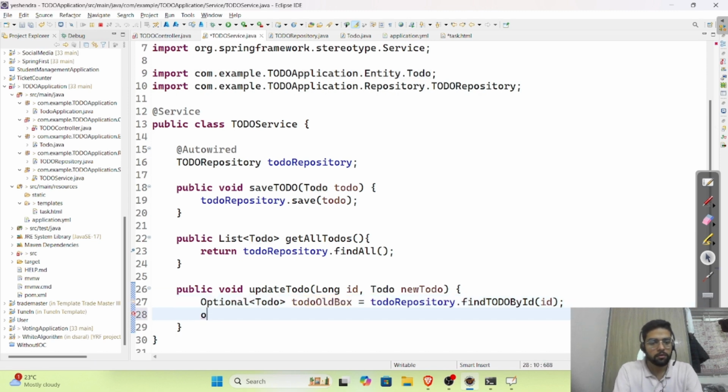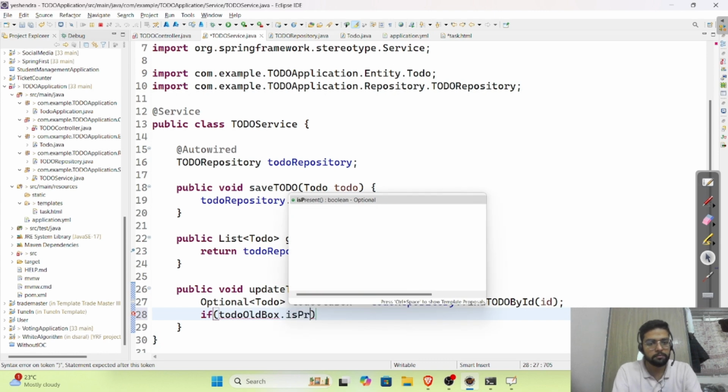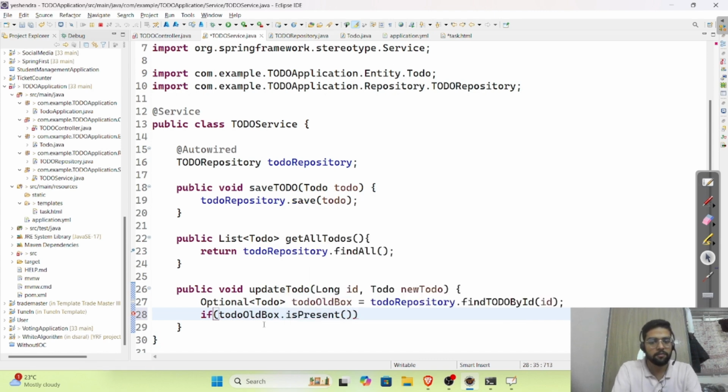So now let me put a method: if todoOldBox.isPresent, that means if it is not empty, if the value is present, if the todo is present in it, then